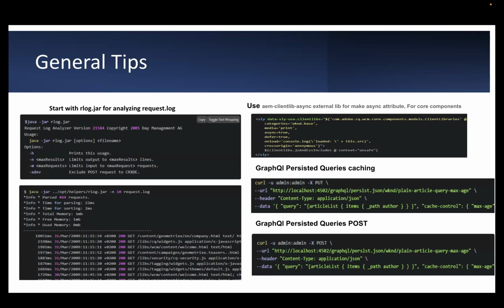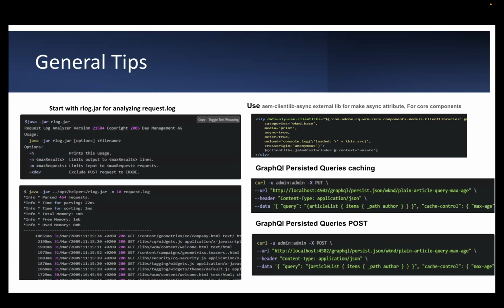So this will be very handy to get to the bottom of it. This also has multiple options where you can create a graph out of it. It will also tell you how your server requests are performing. Because when you manually deep dive into the request log, you might not be able to interpret it, because every request will have an ID